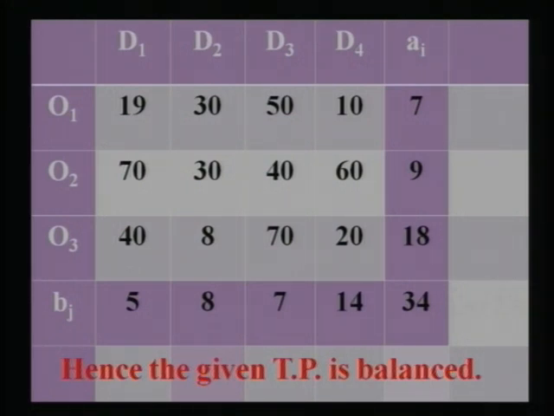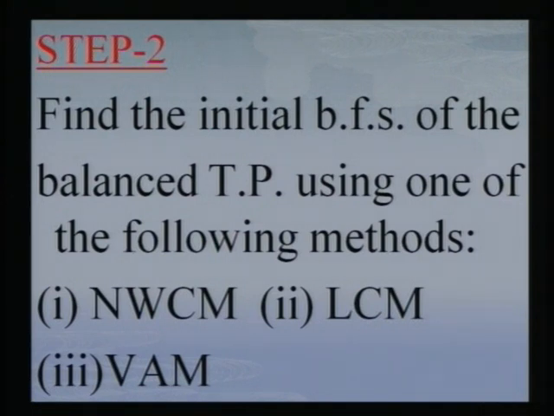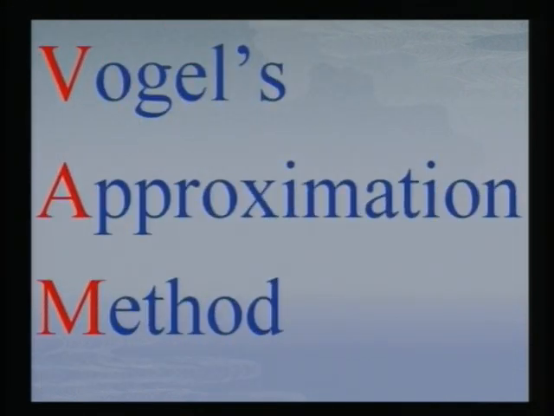As I told you, the first requirement is that it should be a balanced transportation problem, and then after checking that it is balanced, we have to find an initial solution using one of those 3 methods which we discussed in the previous lecture. The 3 methods are NWCM, LCM and Vogel's approximation method. Now here I will apply Vogel's method and find the initial solution using it. This is step 2: one should find an initial solution using one of the 3 methods. So I am applying Vogel's approximation method for finding the starting solution of the TP.